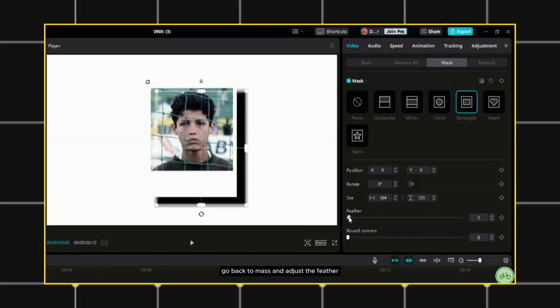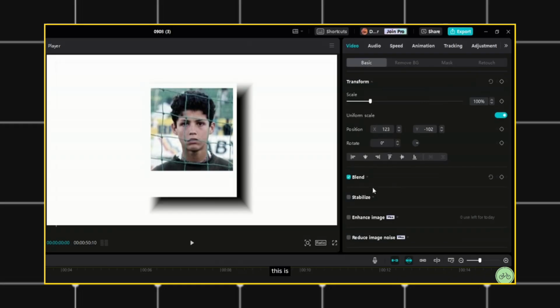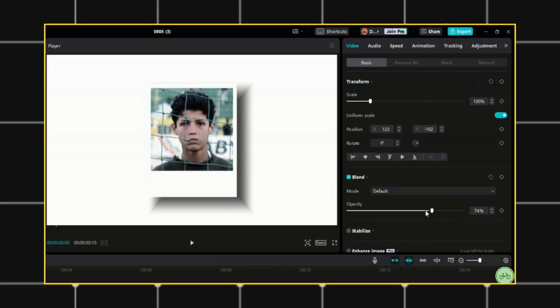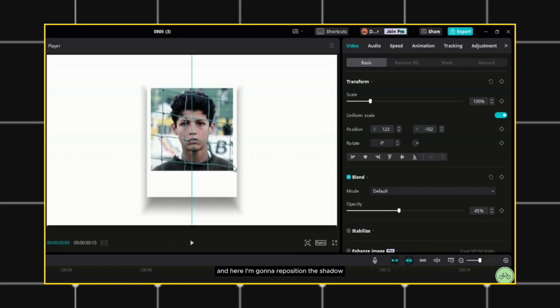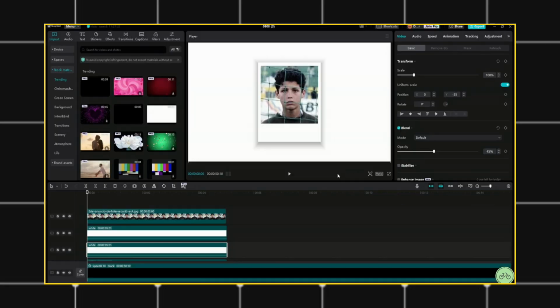Go back to mesh and adjust the feather so the edge of the shadow has a blur effect. After that, go to basic and decrease the opacity as much as you want. And here I'm gonna reposition the shadow right to the center of the Polaroid. And then delete this white background.